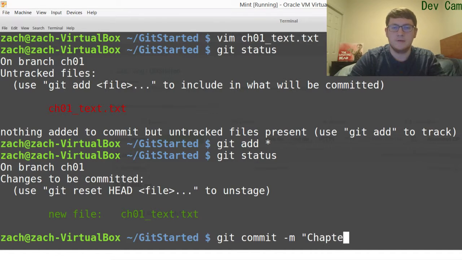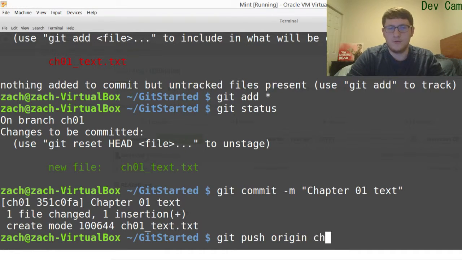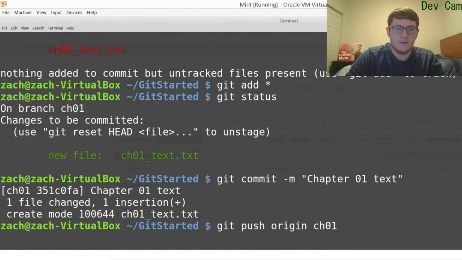Say chapter 1 text. Okay. Now if I am ready to push this, then what I would do is git push, the remote we would like to push to, just origin, and then the branch. Now in this case, we're on chapter 1, not master. So I want to type chapter 1, hit enter,